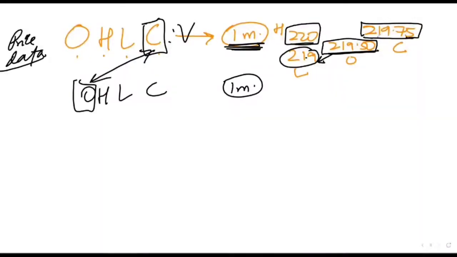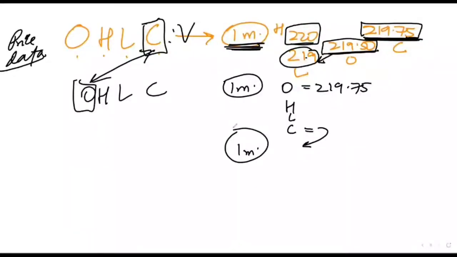So the stock closed at 219.75 in that 1 minute. Next minute, what will be the open? The open will obviously be the same as the close of the previous candle, the previous price data. And then there will be a high, a low, and a close. This close again will become the open of the next 1 minute. So every minute you are having OHLC price data, if your time frame is 1 minute.